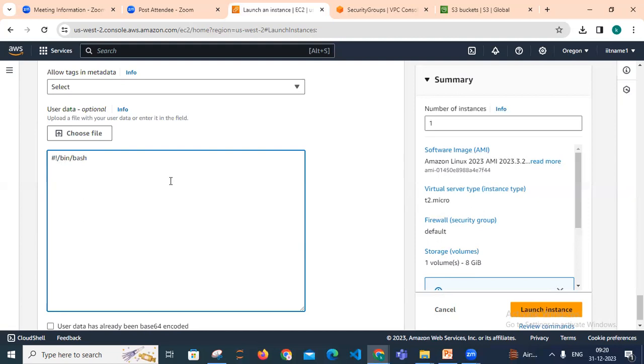Simple commands. So yum update minus y. Y means it will not ask yes or no. It will Y flag automatically update the instance. Okay. Next, yum install minus y and